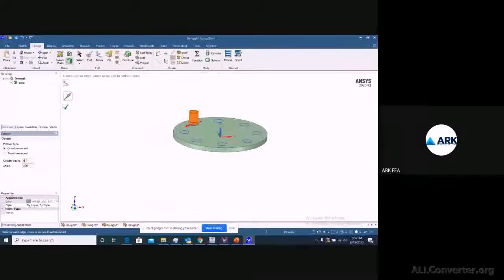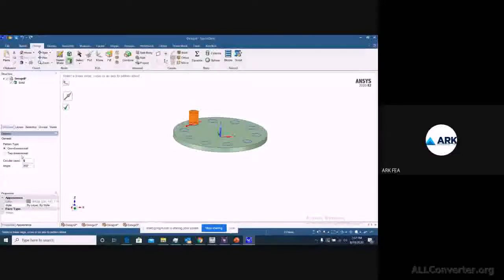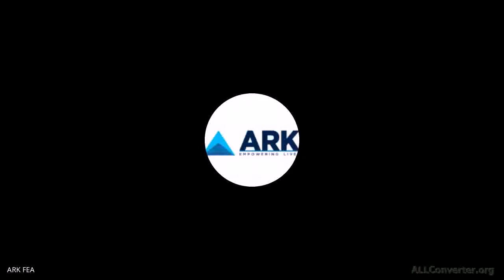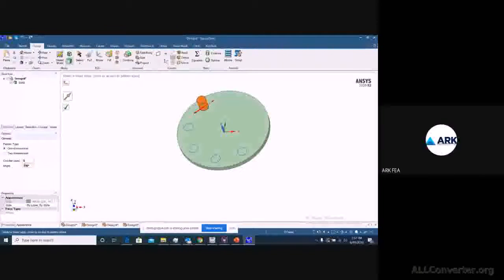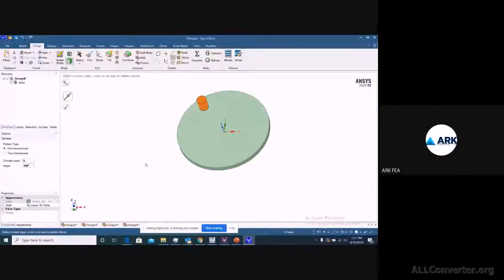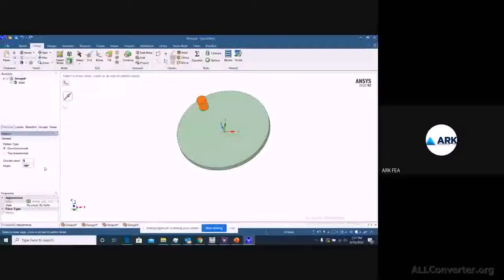So you can define the count, how many you want to have, and you can specify a specific angle. Like if I change it to 5 and make it 180 degrees, whatever is there would come within this 180 degrees only, right? So you can see here.